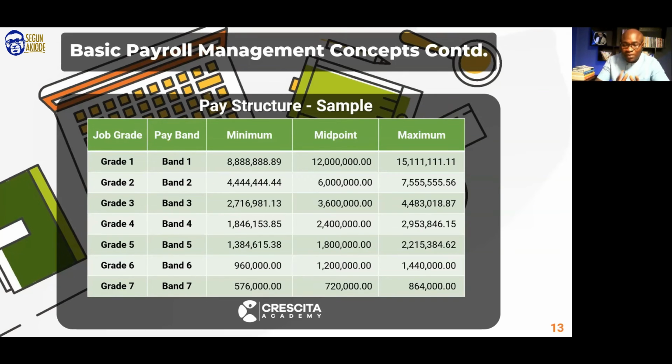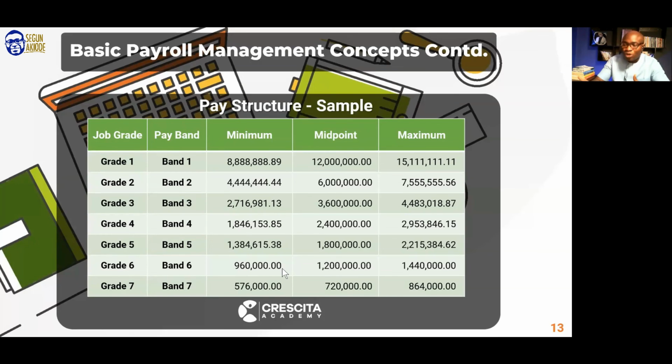And this would be specific to each organization. What you're seeing on the screen at the moment will have taken all the process of job analysis, job evaluation, job grading, salary benchmarking, and getting to the point of the pay structure itself. Now, at the strategic level, this will have been created. Now, the payroll officer or the individual in charge of payroll on a daily basis is now responsible for this annual salary. So you have an annual salary of